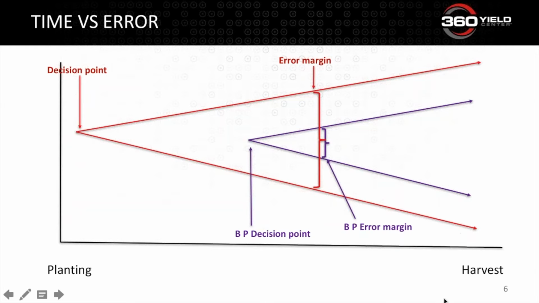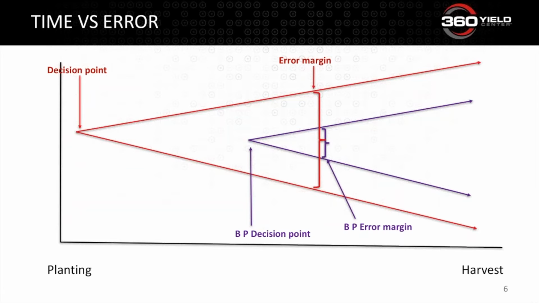But let's say you go with a base plus decision point, right? You can have a base of nitrogen applied in the spring or the fall, and we'll talk about that. And then you make your final decision later on in the growing season. Using the same slope of two lines, what you'll find is that your margin for error using a base plus system is smaller because you've gathered more information, right? Over that time, you will have a much better idea of loss of nitrogen, heavy rainfall events,